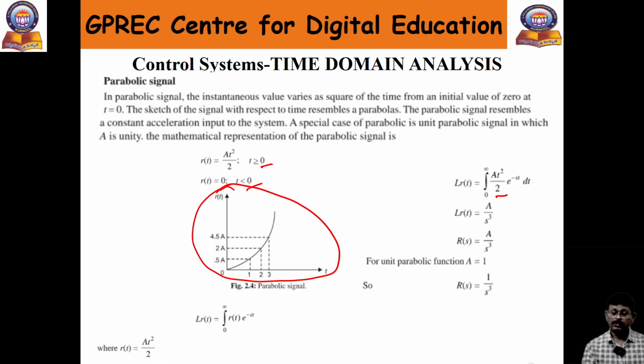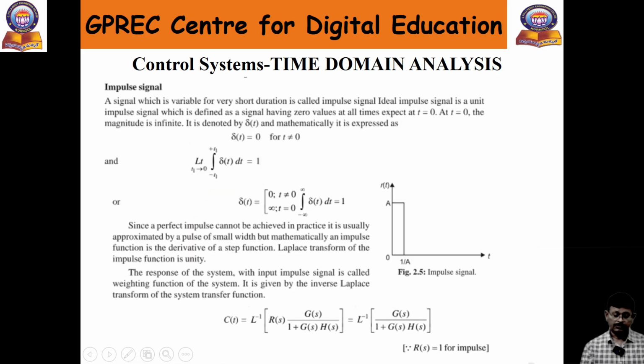Now if you get the t square value, you will get the cube, right? So one power is more. Previously you can observe that for t, what did you get? A by s square. Now for t square by 2, you get a by s cubed. If the function a equals t, then 1 by s cubed. So we call it the unit parabolic function, right? So this is how you can find the Laplace transform from the time domain for each signal,